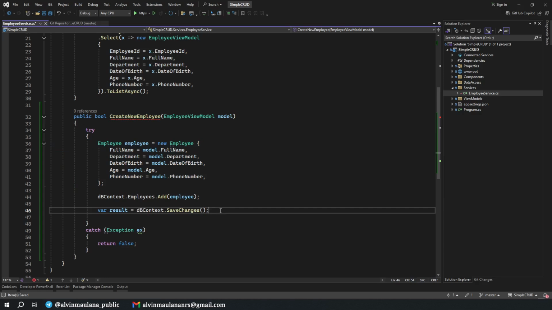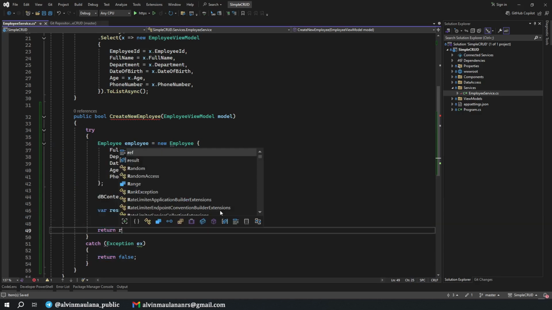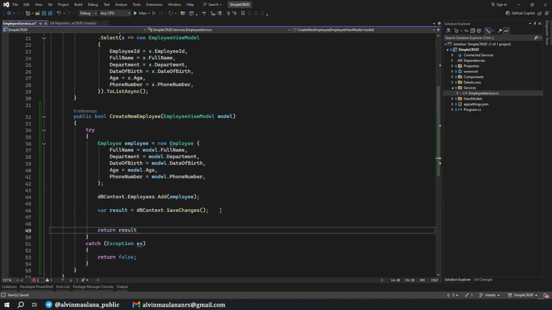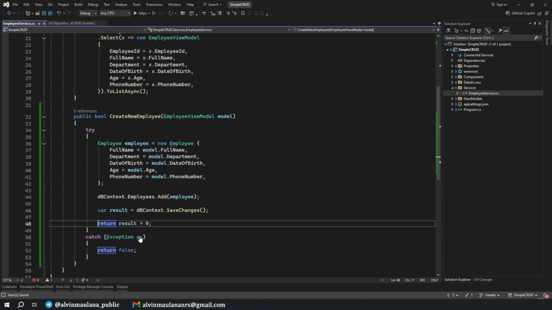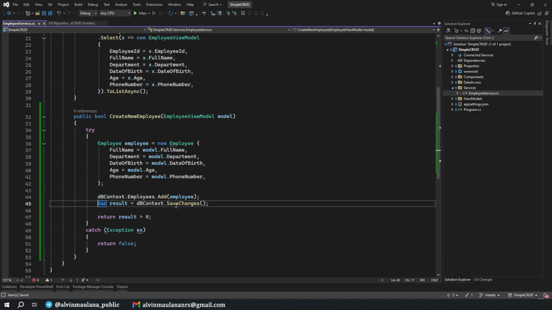And then what I do is I will return true if the result is more than 0. That means something was added to the database. If the result from the database is 0, that means we're not inserting any data in our database. Okay, I think inserting employee service is done.